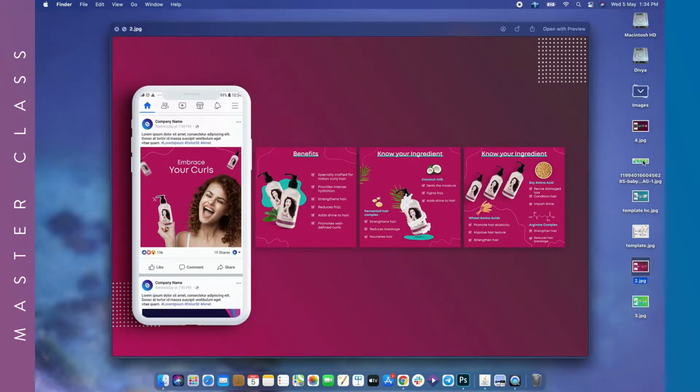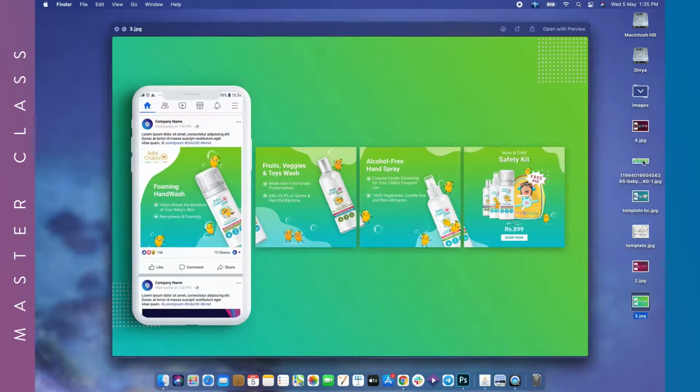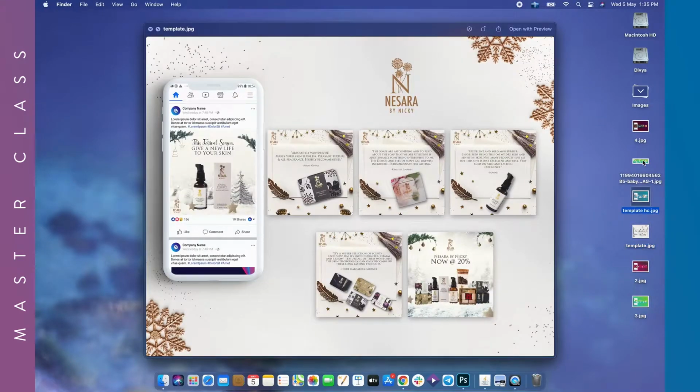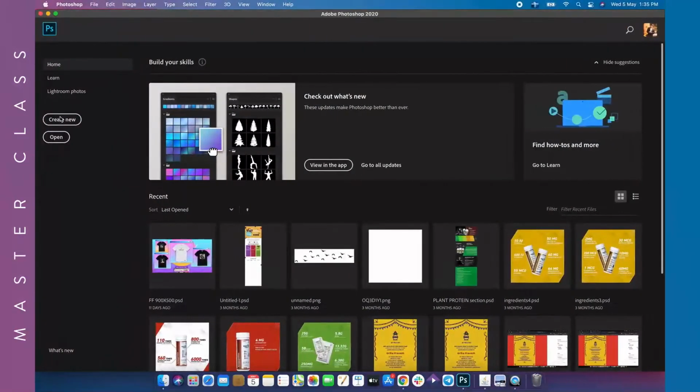This is a continuous carousel for a hair care brand. Again, you can see all the design elements, aesthetics, colors, text, fonts are maintained throughout the image and it looks so well, right? As I showed you this image at the beginning, we have cut this and it looks like this at the end when we use it in a Facebook or Instagram ad. I'm not going to show you how to design these kinds of ads because this completely depends on your designer, but let me show you what kind of dimensions you are looking for and how to cut out the images in a pretty quick manner. Right, so let's move to Photoshop.